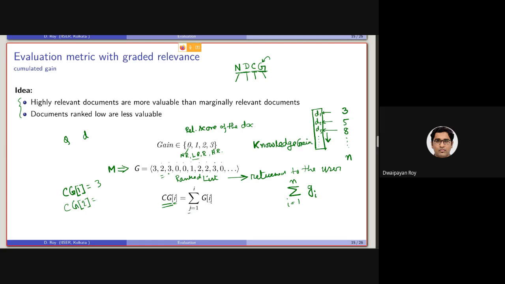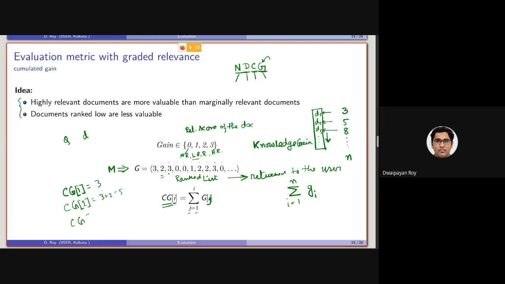So we are iterating, sorry, I had made a mistake. It will be j. So the cumulative gain up to i is the summation of the gains for all the documents that we are retrieving from 1 to i. So this will be j. So here it will be 3 plus 2, which is 5.